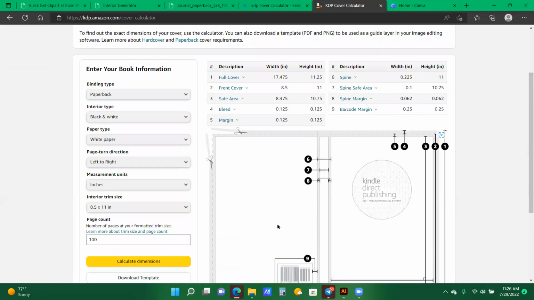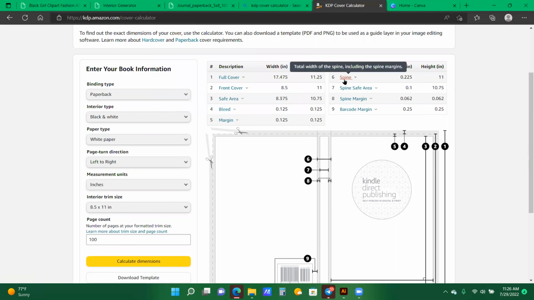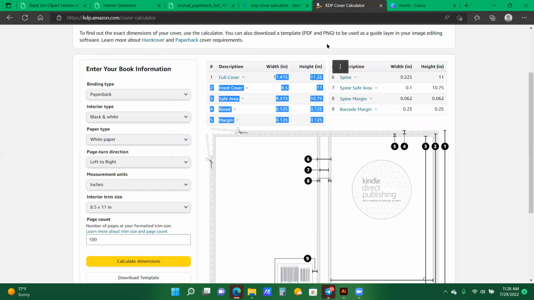I oftentimes don't download it because I'm just going to create the full cover in Canva. So what I want is the dimensions for the full cover. Here it says front cover, the bleed, margin, spine, all that good stuff. I just want the full cover width and height. So here it says